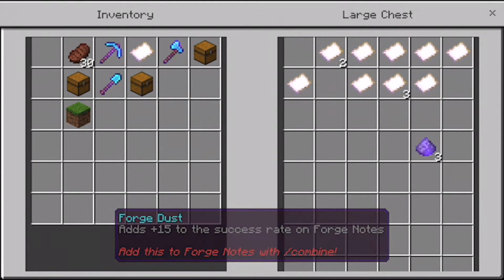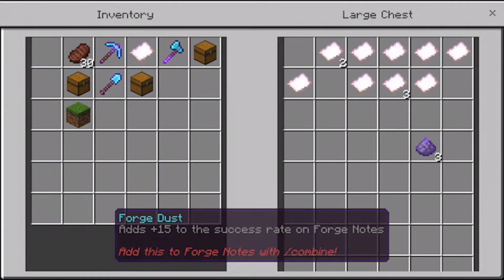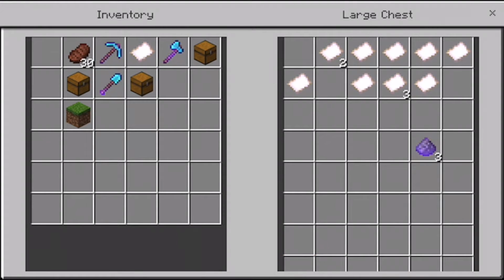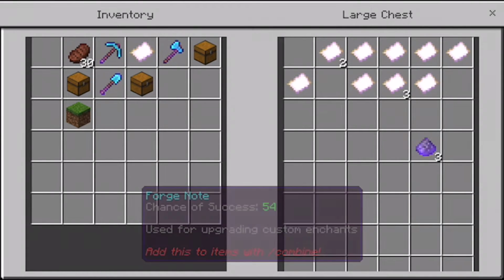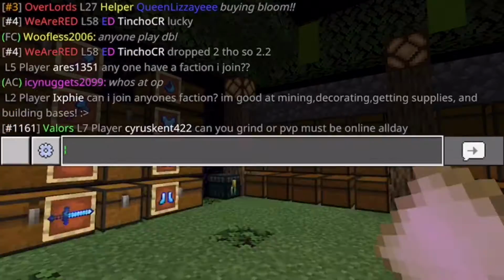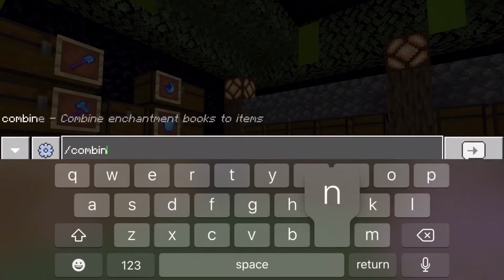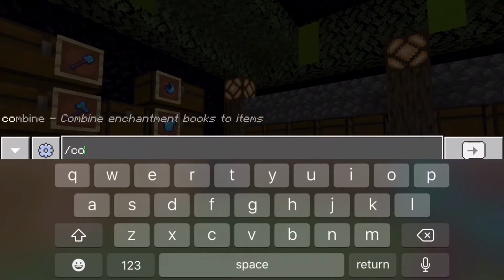But Forge Dust, basically, as you can see, it adds 15% to the success rate on a Forge Note. So you just do /combine, so you just hold the dust, combine it with the Forge Note, and then it makes, for example, if I added it to this, it would add 15% to this, which would be 69% chance. So let me do /combine on the Forge Note, and then I'm going to hold the axe again, run /combine again,